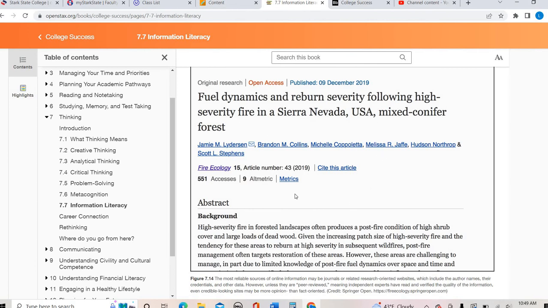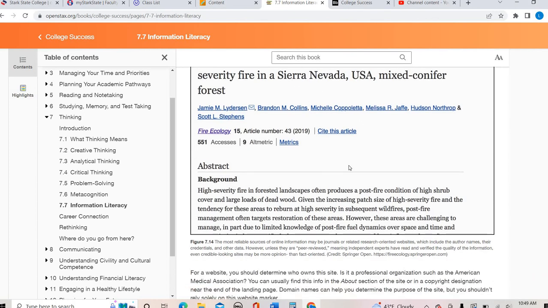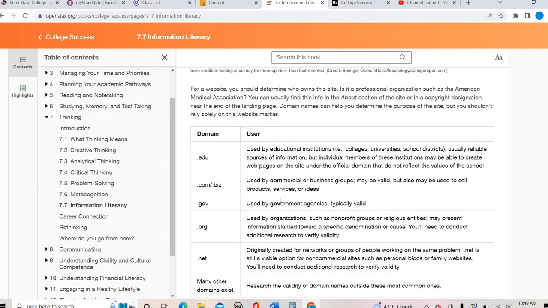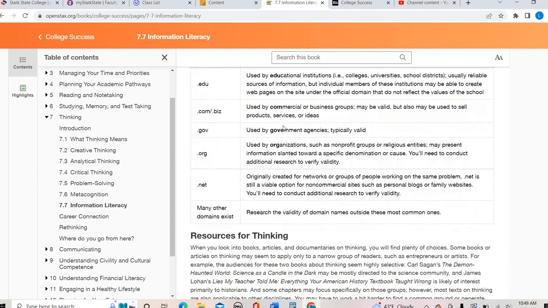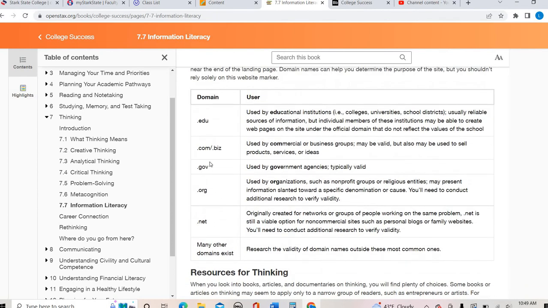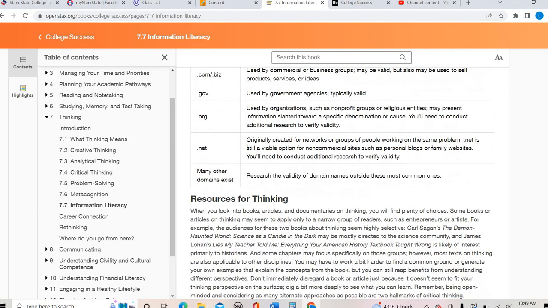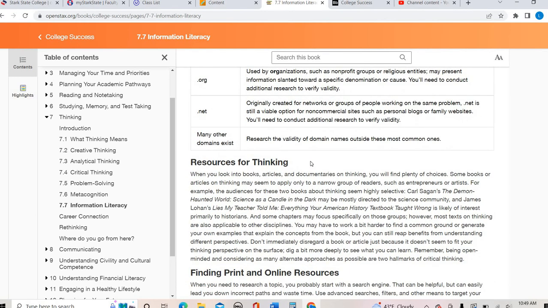So you want to pay attention on these scholarly sources to when they were published and what their purpose is. Look at the domain if you are looking at something online, and you want to stay away from the .coms. You want to really focus on maybe .govs, .orgs, even .edus. Sometimes they're reliable, but they might be more trying to tell you to go into a certain field or look at their college. But you want to make sure that you're looking at that domain and what role that's going to play when you're looking at sources.